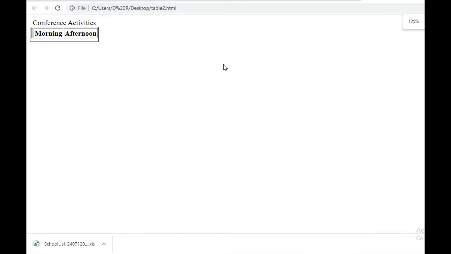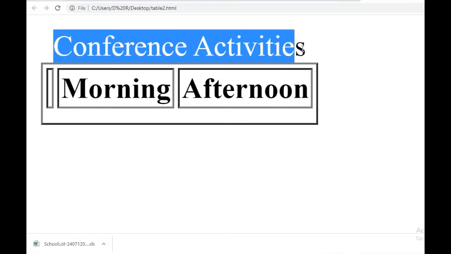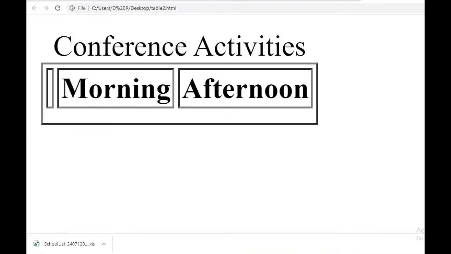Okay, I am making it larger one. So you can see this is first row which is blank right now. Second, first column, first row, first row, second column, first row, third column. So this is how right now this table will look like. And this conference activities that we have written in caption, it becomes heading for this table.